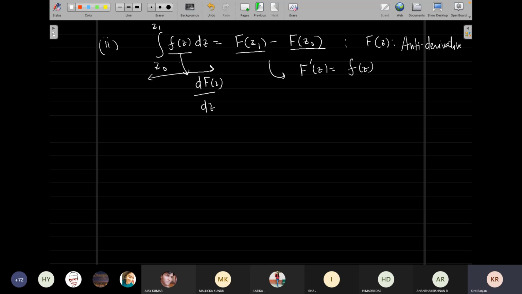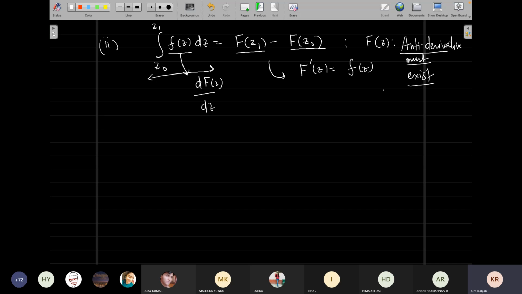Anyway, I will not go into the detail, but I am going for a very important statement. One, we have already found that if the function is analytic inside and on a simple closed path, then the result is path independent. Two, if the function is analytic on and inside the simple closed path, then the antiderivative must exist. It is not that only if the antiderivative exists will I be able to write this. For an analytic function inside and on the simple closed path, antiderivatives always exist.